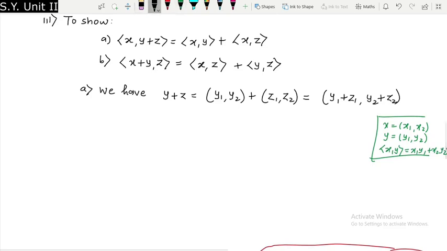आता हे a प्रूव्ह करण्यासाठी I will consider the left hand side. I will say consider LHS and I have to prove that it is equal to RHS. So my LHS is inner product of x with y plus z. आता आपण y plus z का बरं शोधला, कारण की मला इथे y plus z ची किंमत लागते. तर बी पार्ट मध्ये आपल्याला x plus y ची किंमत लागणार ना, त्या केस मध्ये मी x plus y शोधणार. इज दॅट फाईन?